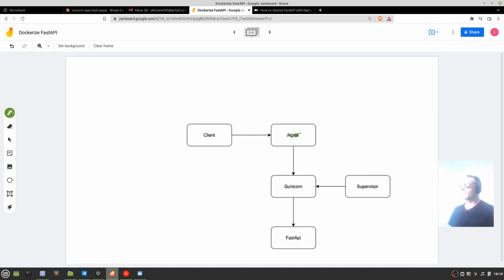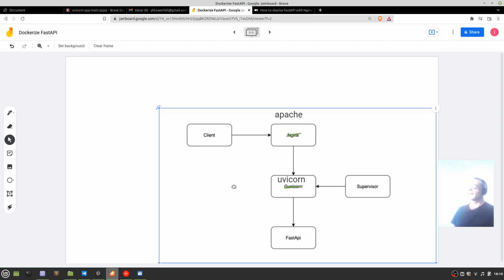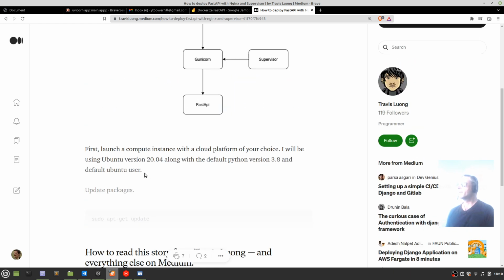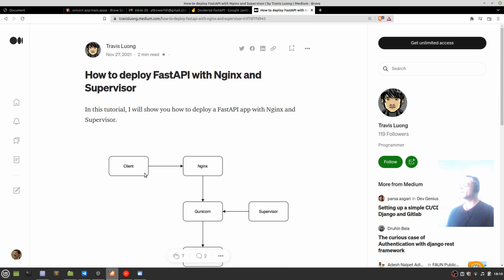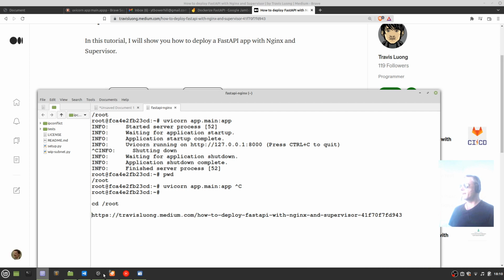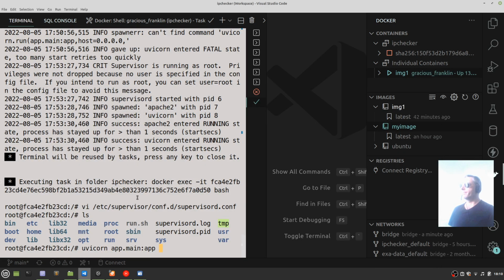So that is Apache, and that is Uvicorn, and then I've still got FastAPI, the supervisor. So if we just, oh, this is not going to let me, because it's on Medium and I'm not signed up or whatever, but effectively the important part was to run the,